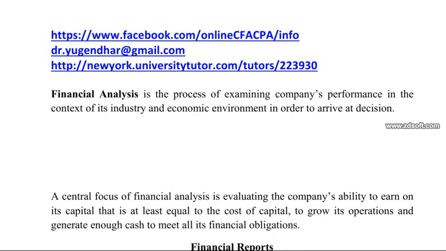For example, the decisions related to investors, whether to invest in the company's debt or equity and at what price, they have to know first, and only then will they invest. This information, this data, is available only on the basis of financial statements.